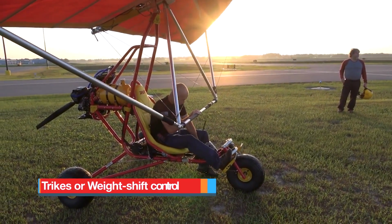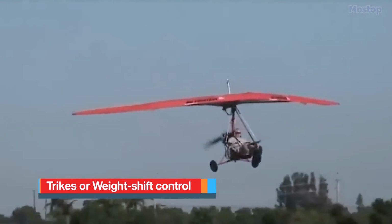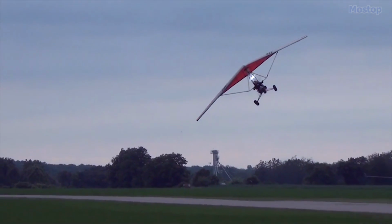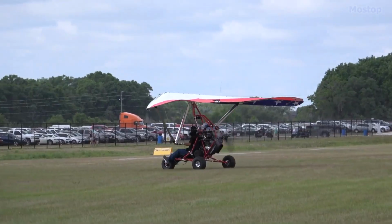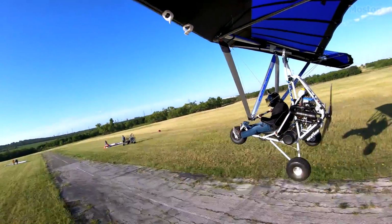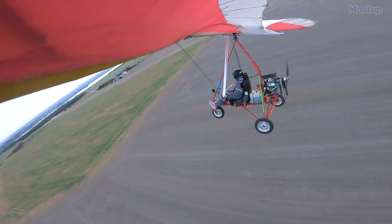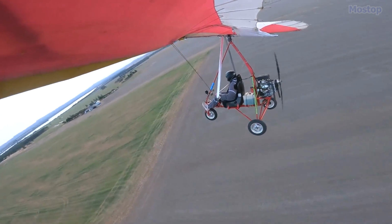Trikes or weight shift control. A trike or paratrike is a type of ultralight-powered hang glider where flight control is achieved through weight shift. These aircraft feature a fabric flex wing from which a tricycle fuselage pod is suspended. This pod is driven by a pusher propeller and can accommodate either a solo pilot or a pilot with a